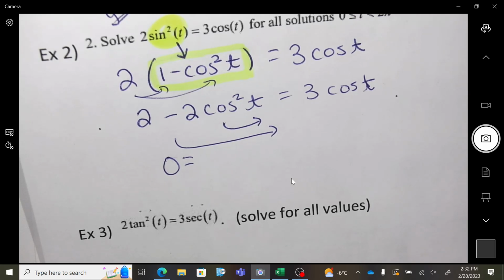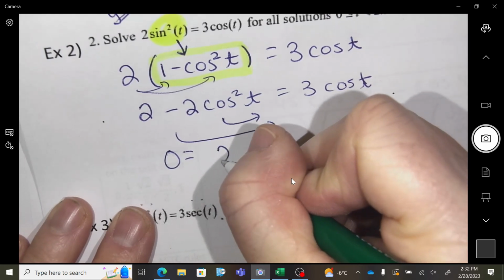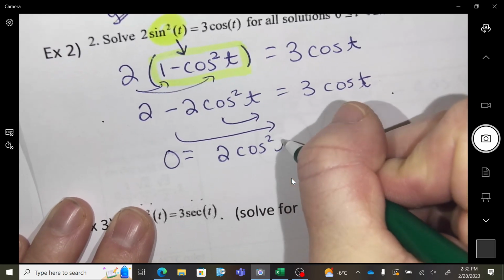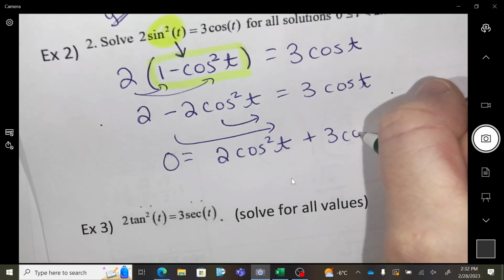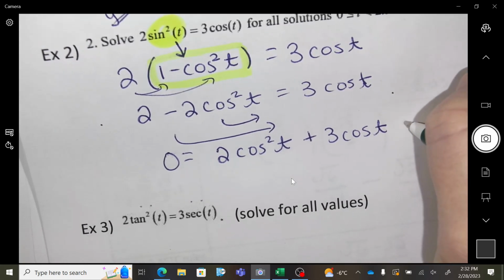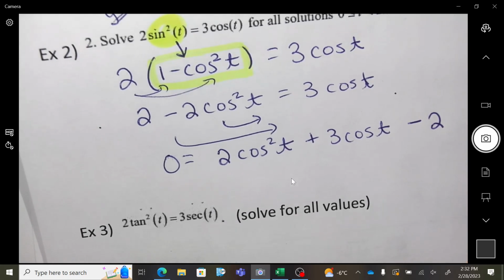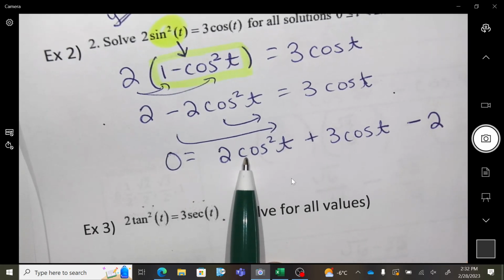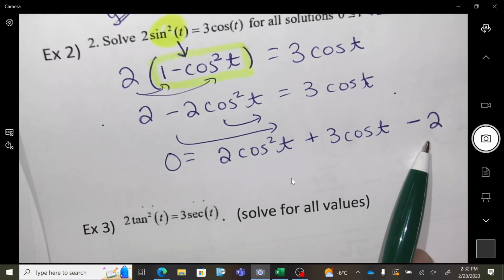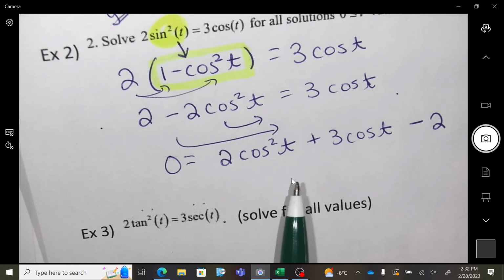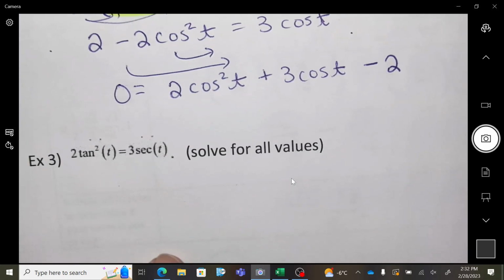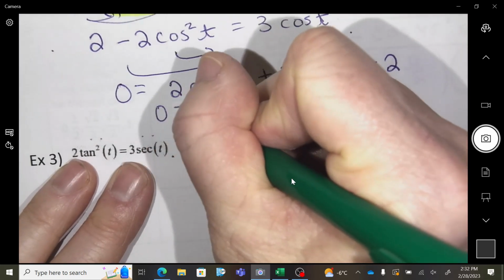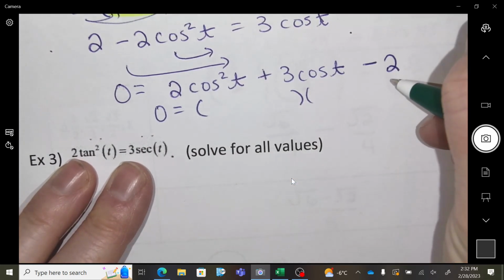So think about how it's all going to look. Positive 2 cos squared plus 3, subtract 2. You see how I changed the sign, I kept that, I changed that, because the things I move, I change, right? Now, does it